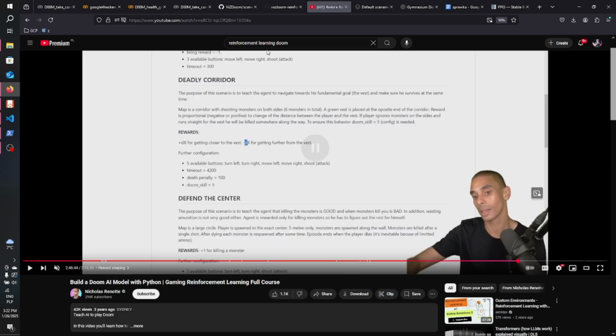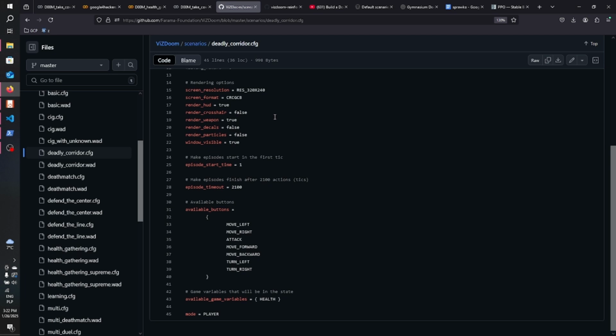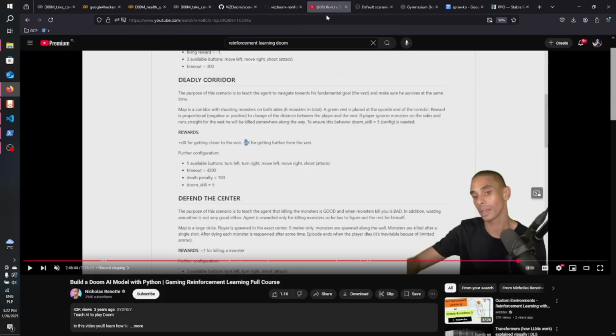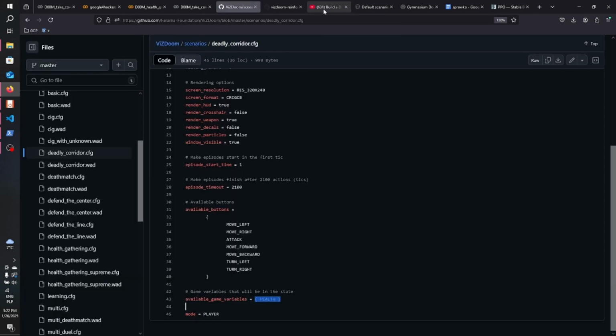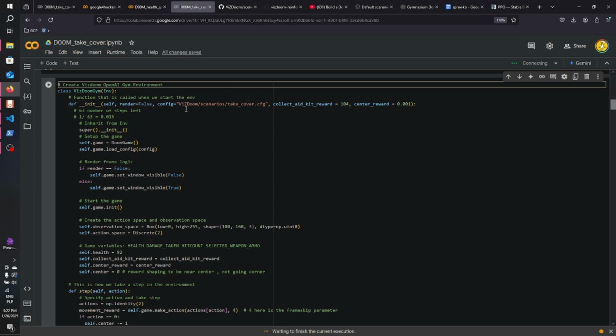The problem now is that there are changes, in my opinion, in the VizDoom documentation, and there is no information like get hit or ammunition, so it's not possible now with this version of the library to do it the way they do it, and the knowledge is, in my opinion, too sparse to learn it without this information, so it's not solvable now, like the deadly corridor. That's why I chose take cover,